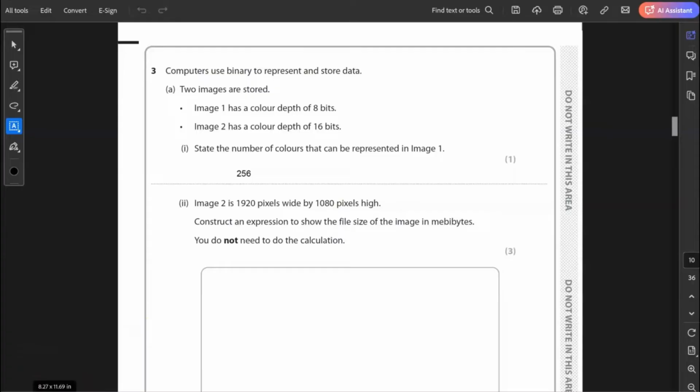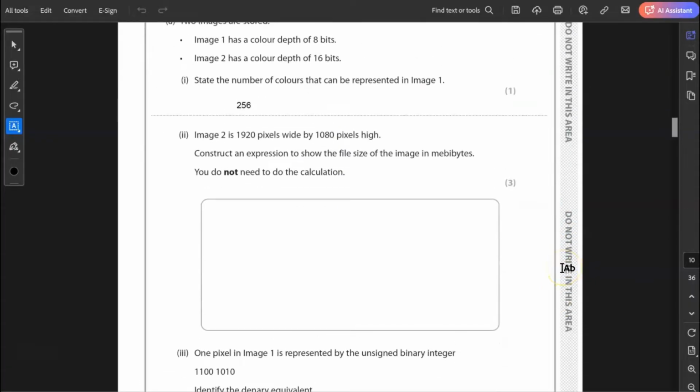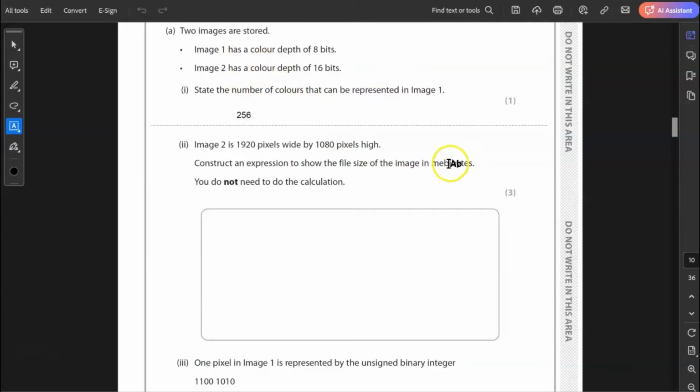That's 2 to the power of 8. 2 times 2 times 2, 8 times, which gives us 256 colors. 16 bits is 65,536 colors. So it's 256 colors with 8 bits. Image 2 is, I need to keep this bit on the screen to be able to answer this question. Image 2 is